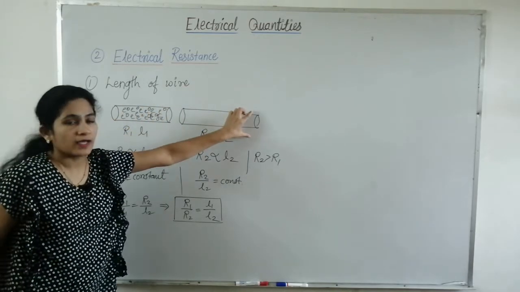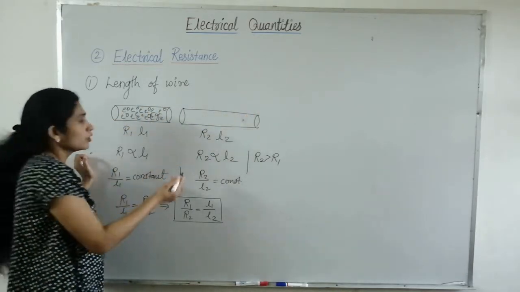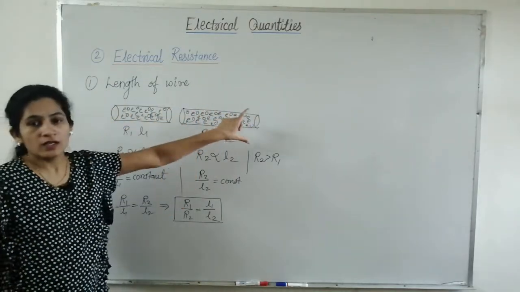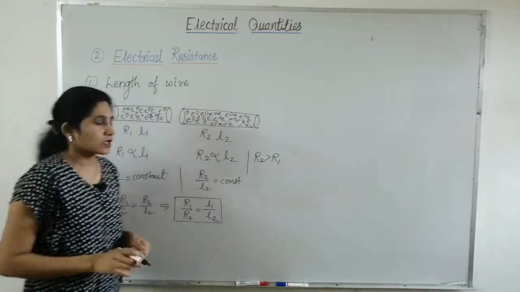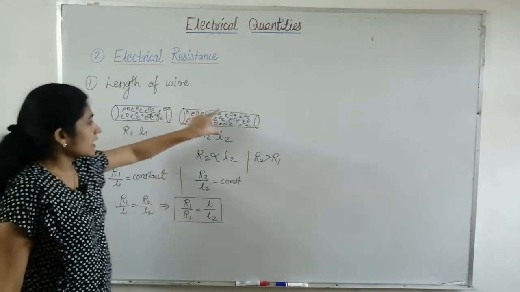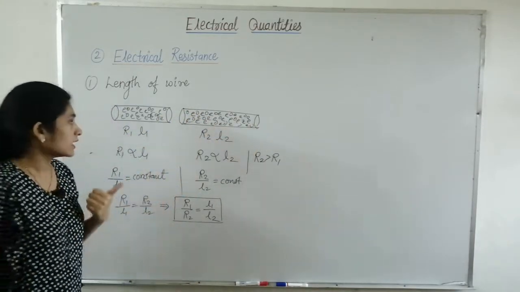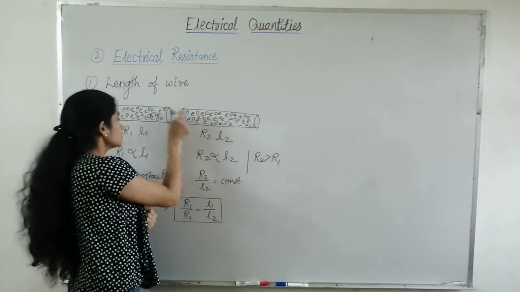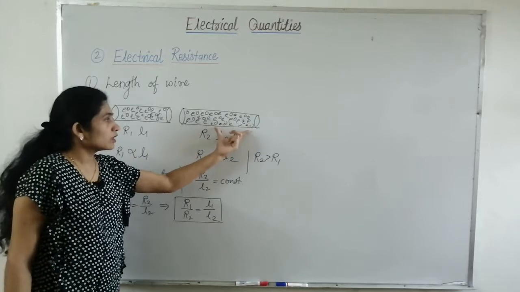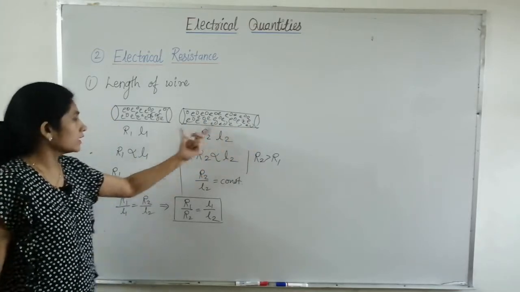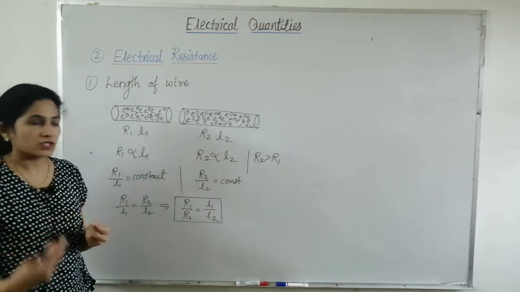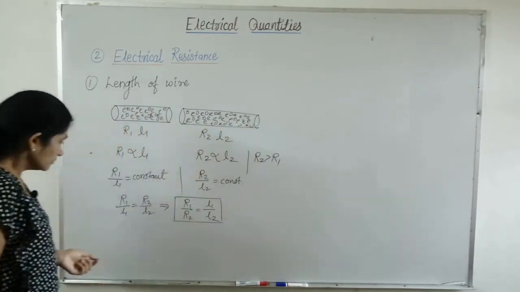And if the length of a wire is more, it means more number of collisions. So we can treat the motion of electrons through the conductor as an obstacle race in which these atoms are obstacles. If the length of the wire increases, the number of collisions which these electrons have with the atoms also increases, and hence resistance of a wire increases with the increase in length of a wire. Understood? Because the length is more, collisions are more, and therefore resistance also increases because resistance is due to the collision between electrons and atoms.